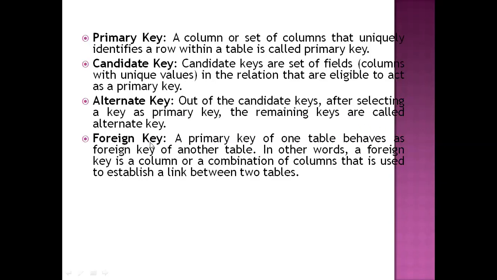So here, foreign key. See, what is a foreign key? Let's see, first table and second table. In the first table, you have a permanent record: your admission number, your name, date of birth, father name, all related to your address, telephone number.